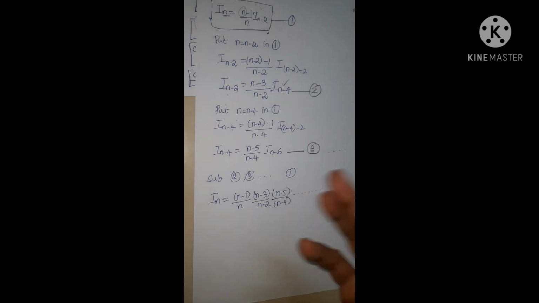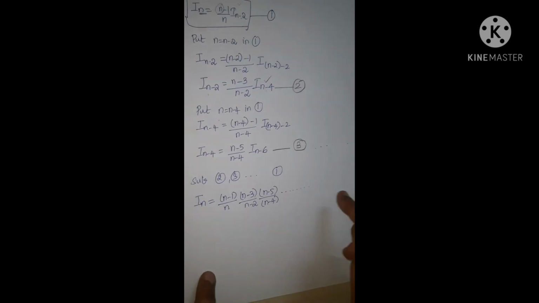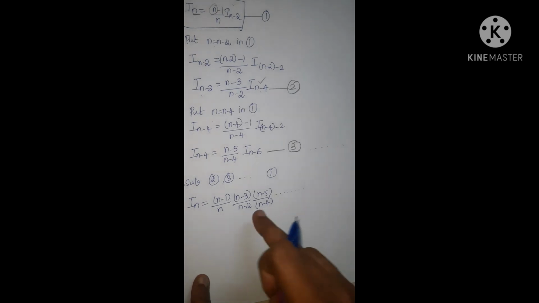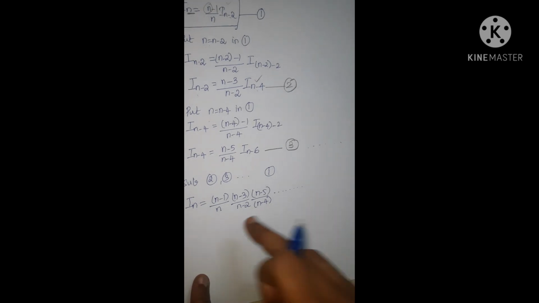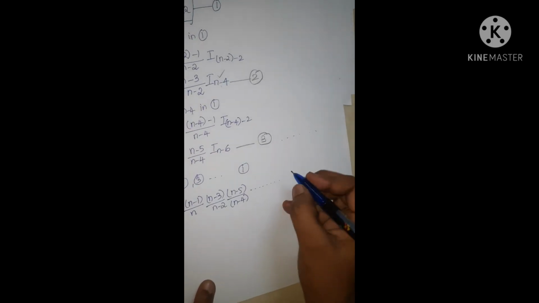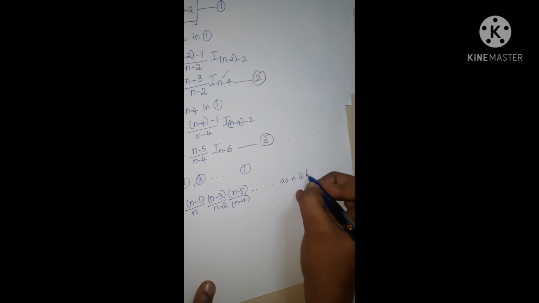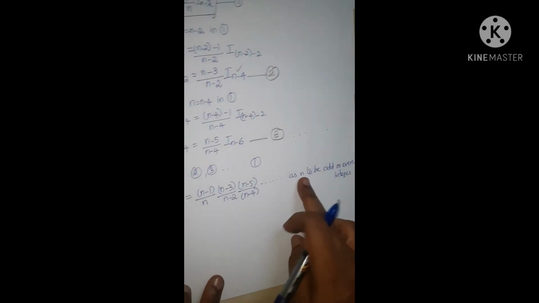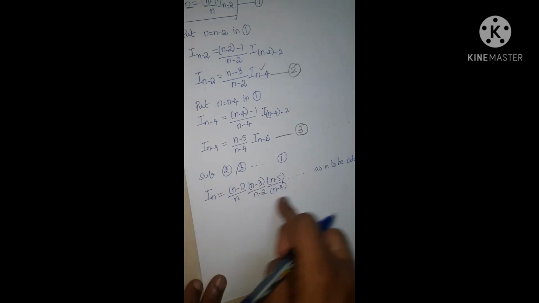So what is n? n is said to be an ordinary number. We know an ordinary number is classified into two categories, an odd number or an even number. So my expansion will stop at a place depending upon whether n is going to be an even integer or an odd integer. Therefore, this is continued as long as n is an odd or even integer. Once I come to know the last number, this will complete our deduction part.